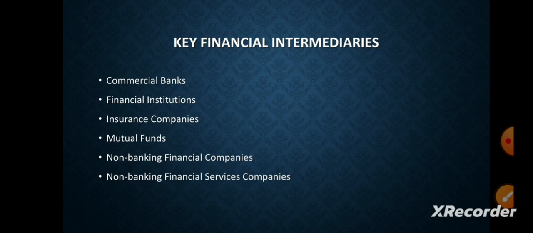Insurance companies. Till recently, there were just two insurance companies in India, the LIC and the GIC, that is the Life Insurance Corporation of India and General Insurance Corporation of India, with General Insurance Corporation of India being a holding company with four fully owned subsidiary companies in its fold. With the liberalization of the insurance sector, many private sector players like ICICI Prudential, Tata AIG, Bajaj Allianz, Birla Sun Life, and HDFC Standard have set up insurance businesses in India.